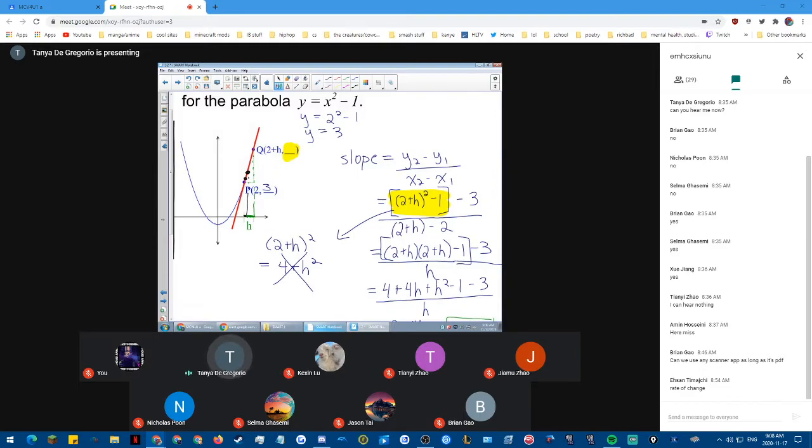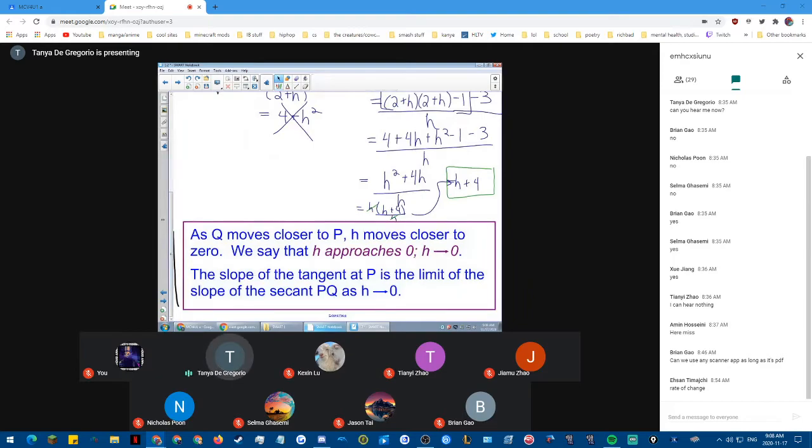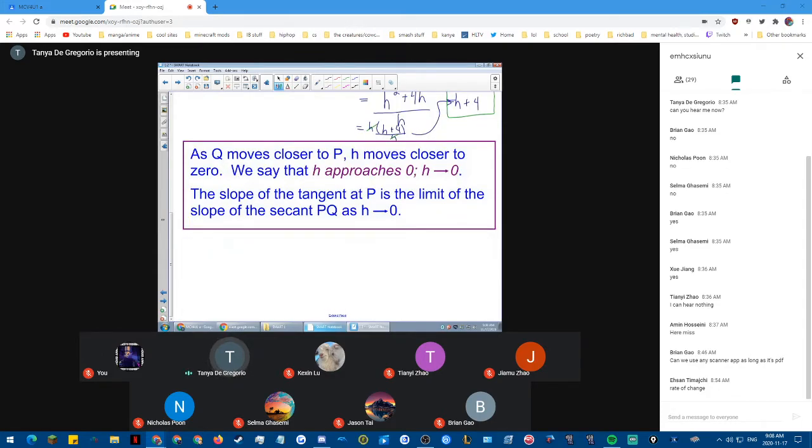Okay, so we say that H, as H approaches 0, right? H is approaching 0. So as Q moves closer to P, H moves closer to 0. We say that H approaches 0, and it's shown with an arrow. When H approaches 0, H arrow to the right, 0. H approaches 0. The slope of the tangent at P is the limit of the slope of the secant PQ as H approaches 0. Okay, so slope of tangent at P